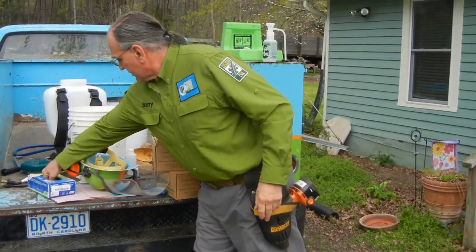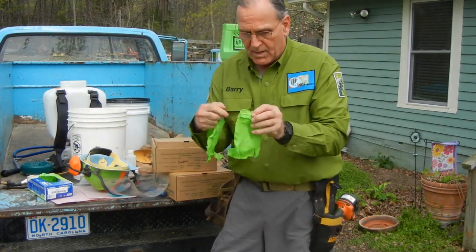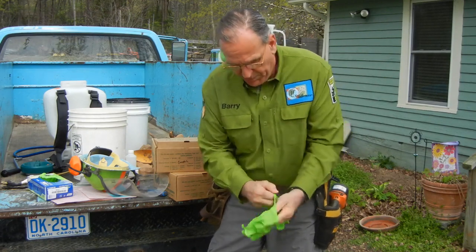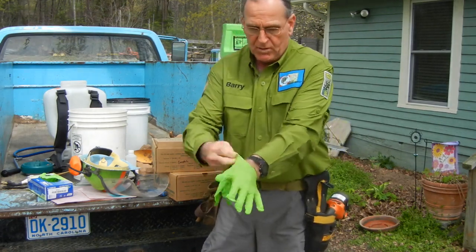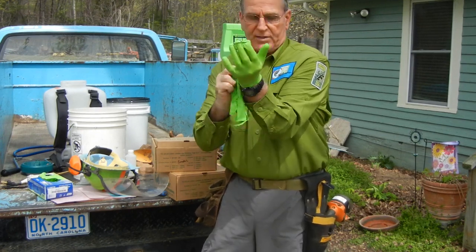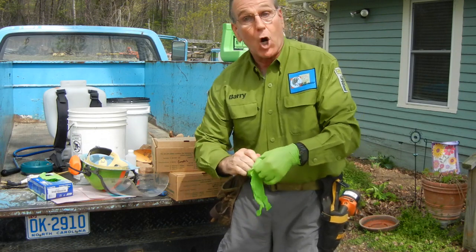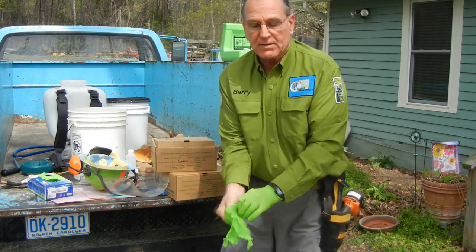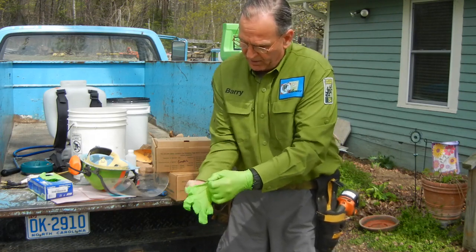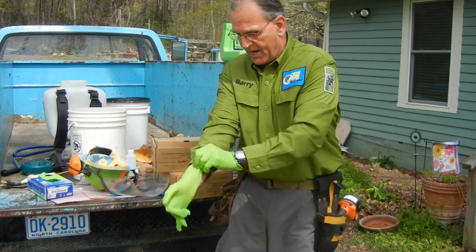I'm going to take some latex gloves, and I'm going to put those on as well. Hope you like the pretty green color. You can get them in any color that you want. We try and get something that's very visible and cover your skin, cover your hands, cover your arms, cover your face, mouth, eyes, and since we don't have any sound problems, we don't have to worry about the earmuffs, but I've got